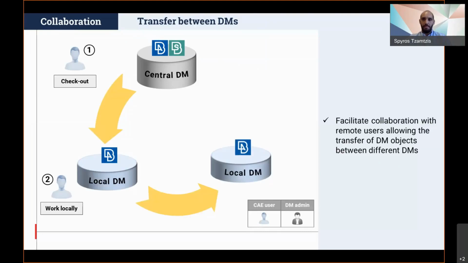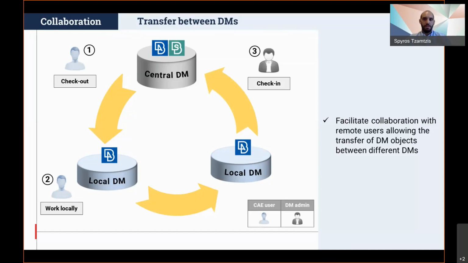Data produced in the local DM as new iterations of previously transferred data can then be pushed back to the central DM. This new function can handle both base modules, subsystems and library items, as well as compound model containers. In case model containers are transferred, all the dependencies are identified and exported along. Thereby, there are no dependencies left between the target and the source DM. For instance, requesting to transfer a simulation run, all of the run contents, the library items, the subsystems, the simulation model and the load case will also be copied from the source DM to the target one.